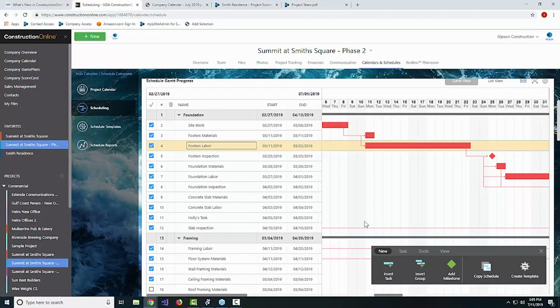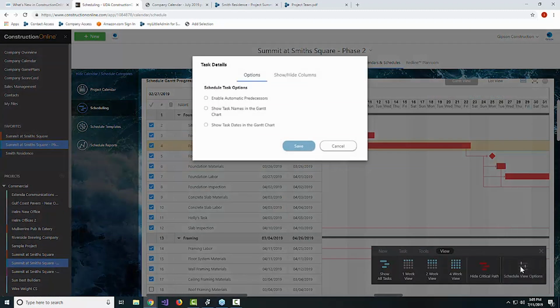So we're going to start by talking about some of the schedule view updates that we've made. Now, what you'll find under the view menu inside of the scheduling toolbar is that there's a new section for schedule view options. We've added in some really exciting enhancements, not just for the Gantt chart, but that's where we're going to start. I think that these really stand out and make it very easy to read inside the Gantt